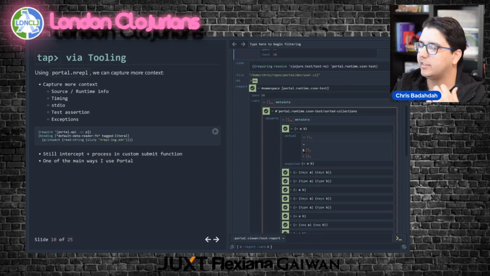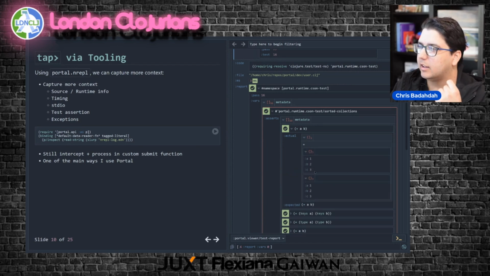And I find this to be really nice to be able to quickly dial in on what's wrong, what happened. I had this, I expected this, it's not quite it. And I think this is particularly nice when you're working with larger values. Like if you have this big map and this big map, and you're trying to check if they're equal, and it blows up, and you don't necessarily know why. Being able to see just the data itself in a nicely formatted way is, I think, super cool.